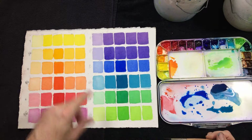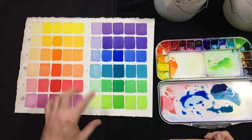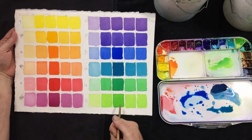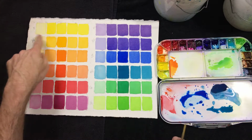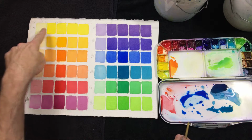Let's see, continuing on with this. First of all, I think that the video pooped out just as I was finishing up the last time I was working on this with the yellow green. But I just finished that one up. So what I'm going to do now is actually come back up to the yellow, which is Hansa Yellow Medium